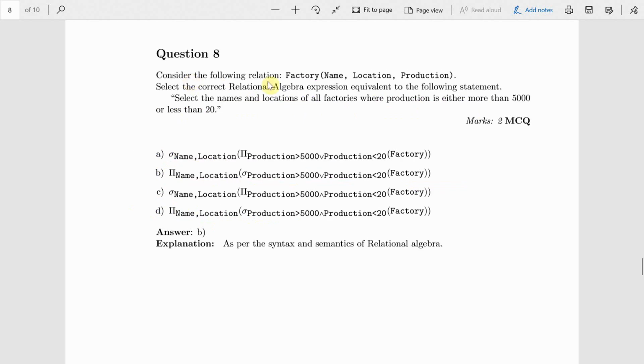Question number 8. Consider the following relation: factory, name, location, production. Select the correct relational algebra expression equivalent to the following statement. Now what is it selecting? Select the name and location. These are the columns. Columns in relational algebra are selected using pi. Which columns you want, you have to write as a subscript: name, comma, location. Of all factories where production is either more than 50,000,